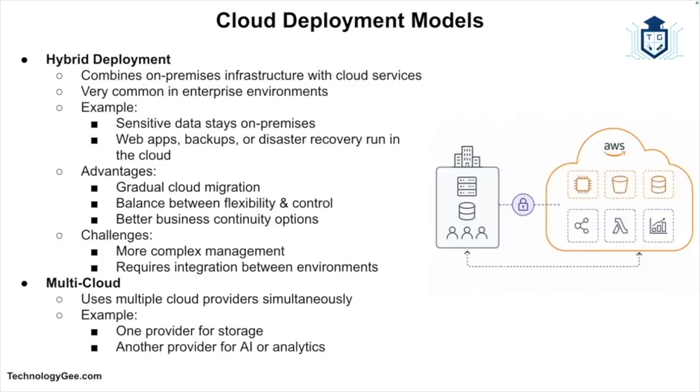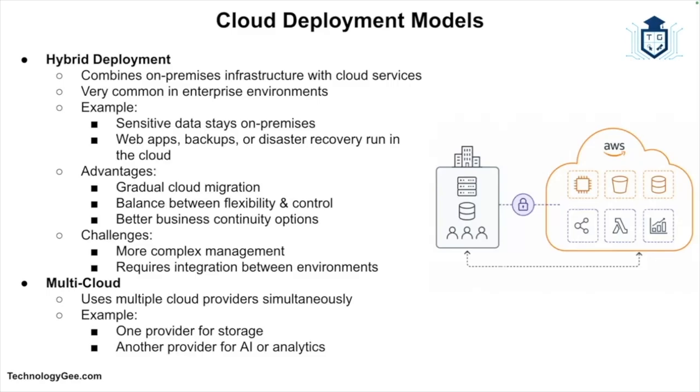But the most interesting model is the hybrid model. So hybrid deployments combine on-premises infrastructure with cloud services. For example, a company might keep sensitive data in their local data center, but use AWS for web applications or backup storage. And this approach allows organizations to transition to the cloud gradually while still maintaining control over critical